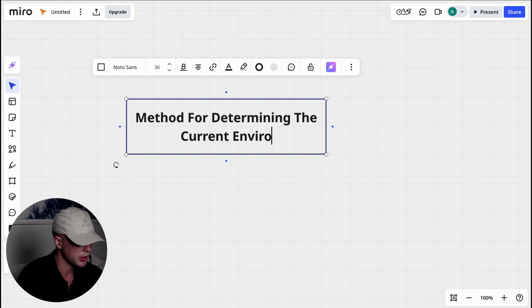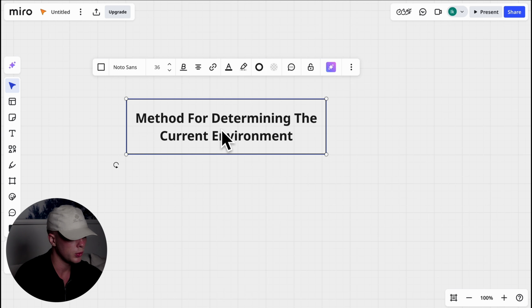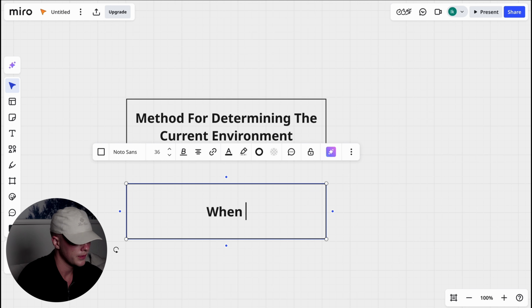Now, what's important to note is that there must be a method for determining the current environment. This is what I call environment selection. So you must determine for yourself whether or not the current environment is a trading environment that you want to engage in or not. After that, you must determine when you are looking to engage.